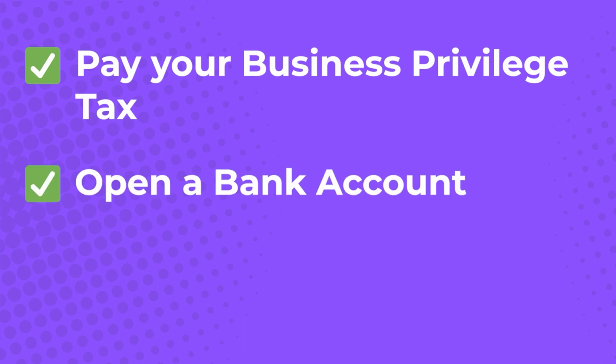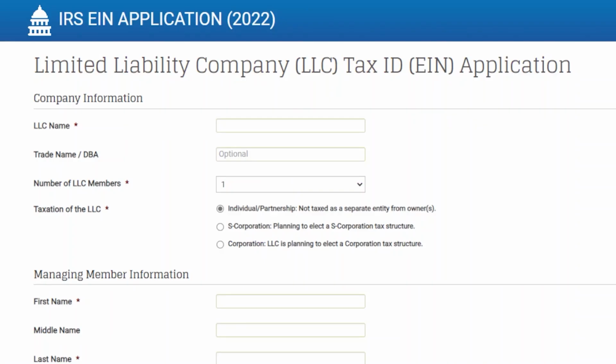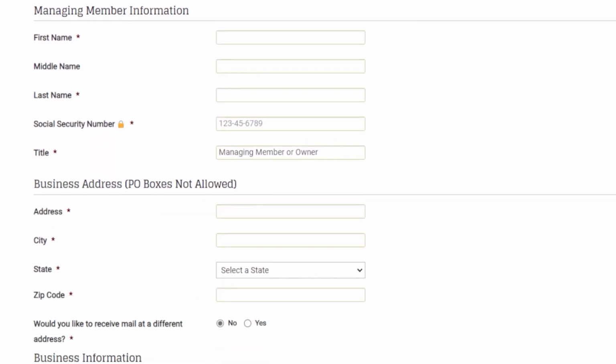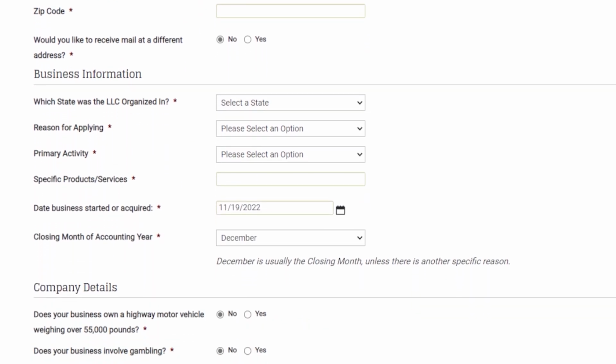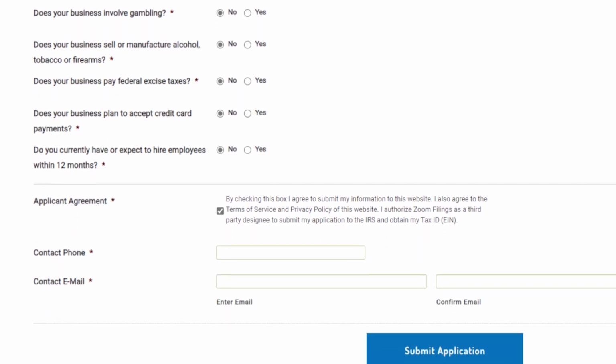You may also be required to provide your EIN when opening a bank account or applying for municipal permits and licenses. Obtaining an EIN is a slightly longer process compared to the previous steps. I'm sure you know anything to do with the IRS is confusing and tedious. You need to have complete knowledge of your LLC all the way down to small critical information regarding vehicular assets